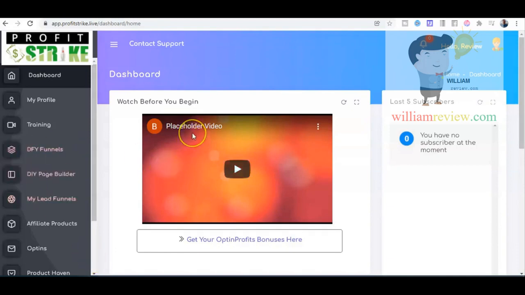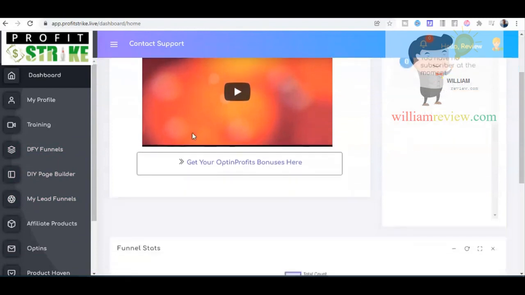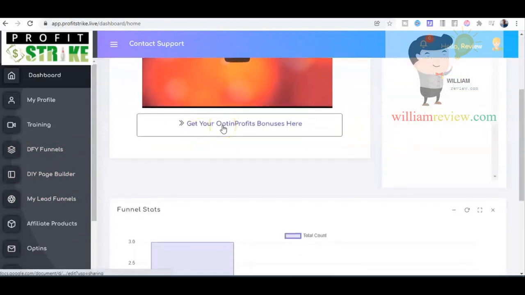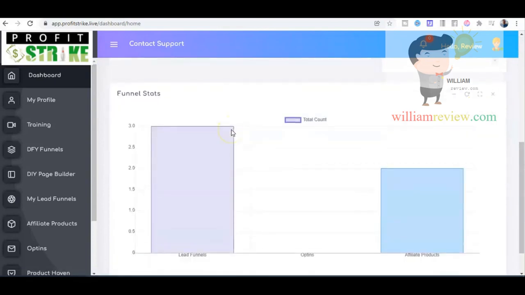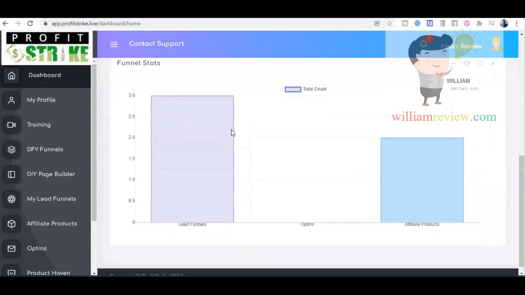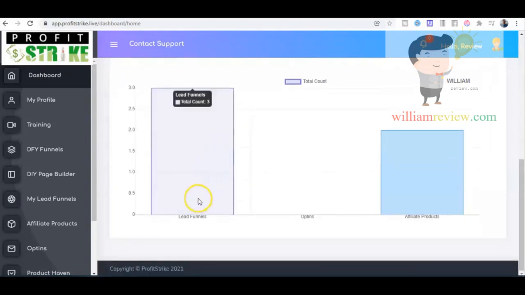We're going to placeholder video for now, don't worry about that. We're going to have some bonuses here which you can pick up just by clicking on the link. Inside the dashboard you can see your funnel stats. We'll show you how to set them up in just a minute. You can see how many funnels you have, how many opt-ins you have, and how many affiliate products you have